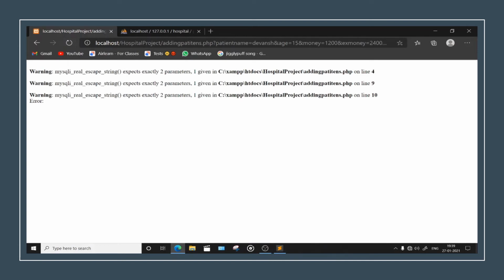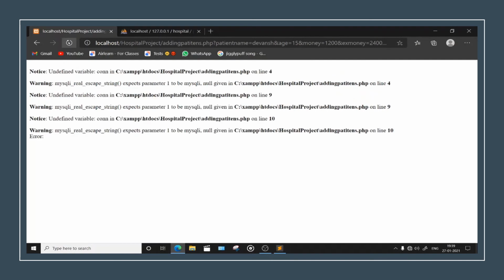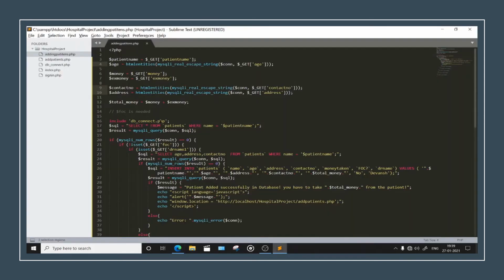Well, let's just see if we can do it now. Okay, so it takes exactly two parameters, and it's really fine, no problem. What we will do is add $con here. But if we do it like this now, then this will again show an error. Let me just show you. Okay, so it's saying undefined variable, as I just told you that we have one error, right? So just take this from here, cut it, and paste it down there.